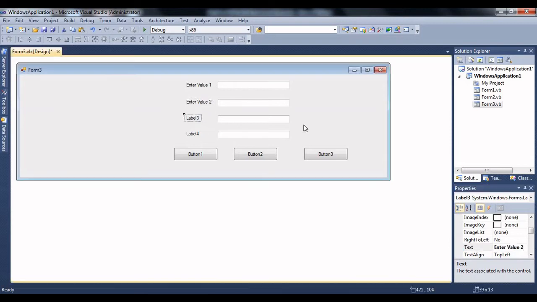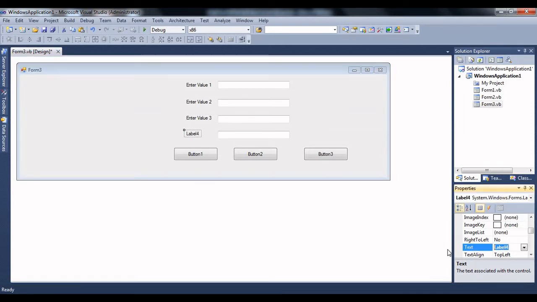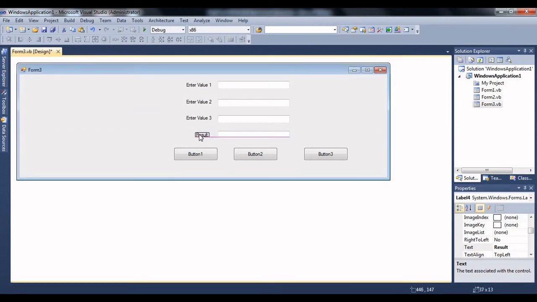And the third one, label 3 will be renamed as enter value 3. The fourth one, which is label 4, select label 4, go to property, and let me rename this as result. So this will be considered as result, the fourth label.